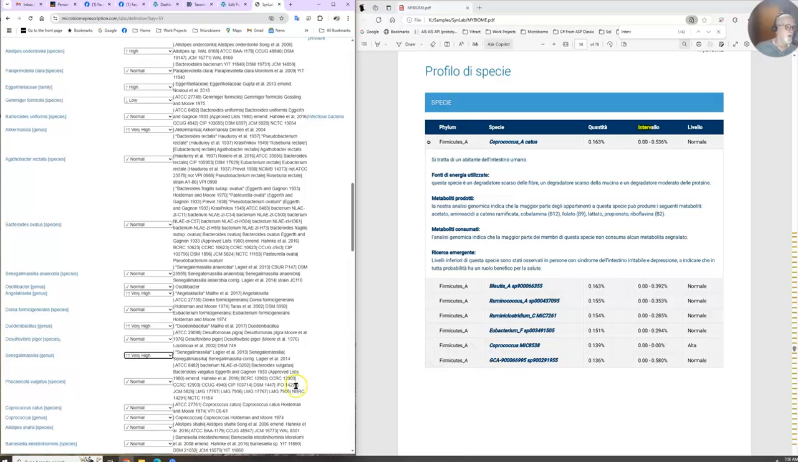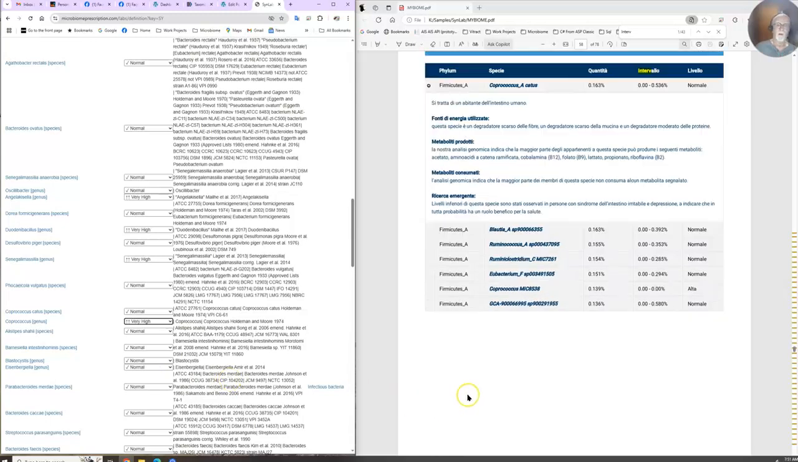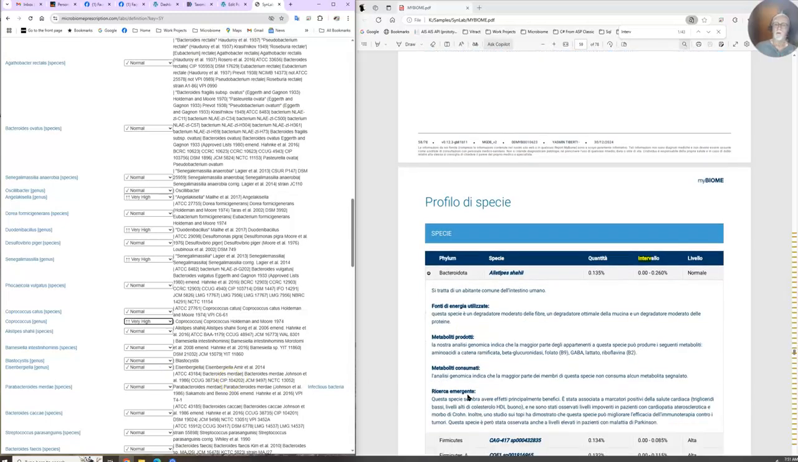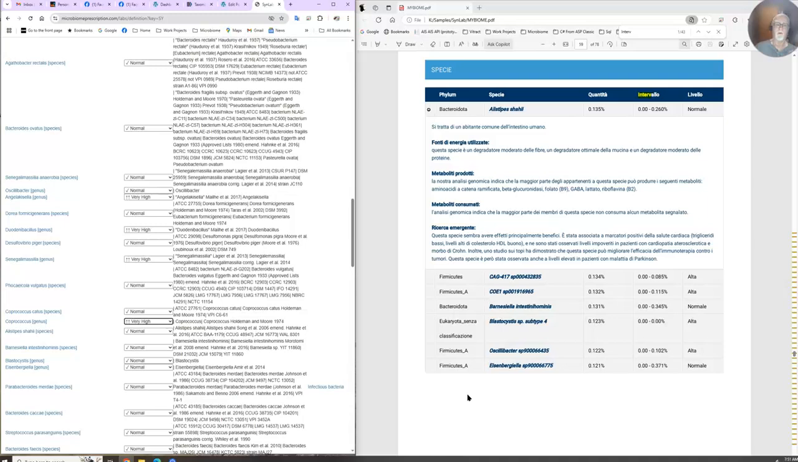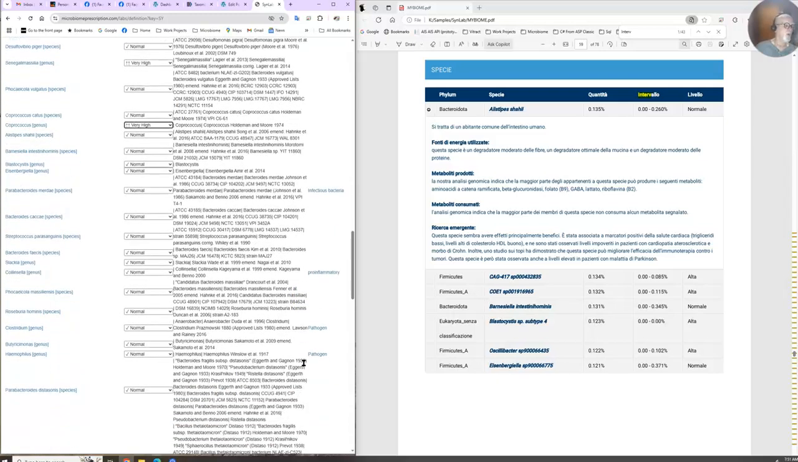We have another one, Copernicus, there, which is just a genus by itself, and that one we have as very high. Our stripes, we have normal, so we've got nothing to do there. Nonsense, nonsense, normal. And now we go down to look for